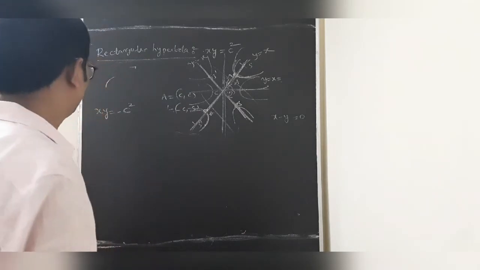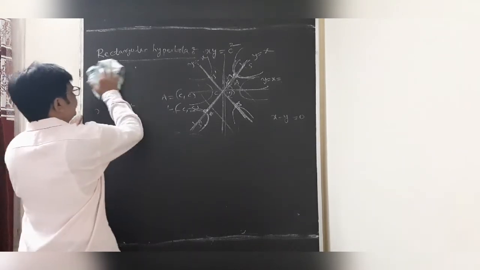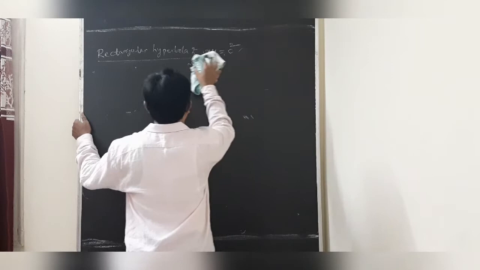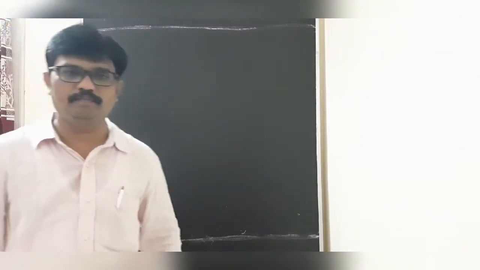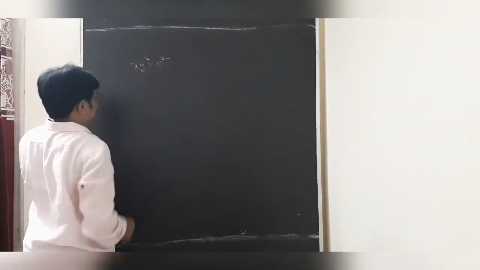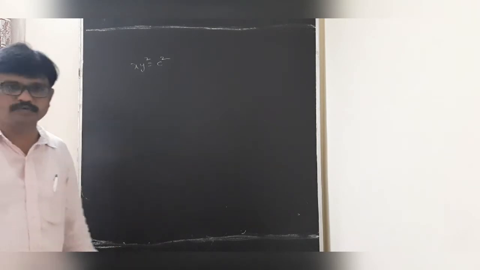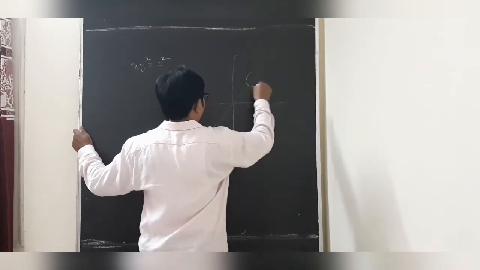Okay students. Now we are going to discuss the equation of the tangent of the rectangular hyperbola xy equal to c square. The rectangular hyperbola equation is xy equal to c square. That's why we apply the formula completely on xy equal to c square only. Right now we forget the terms of a. Suppose we take xy equal to c square as some S. So dear students, this is the rectangular hyperbola.